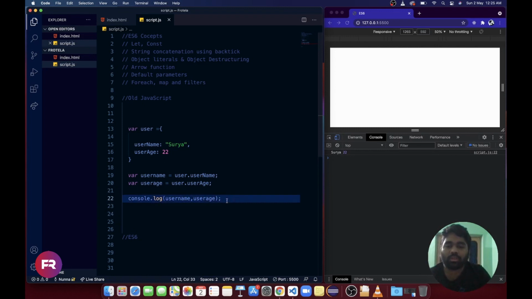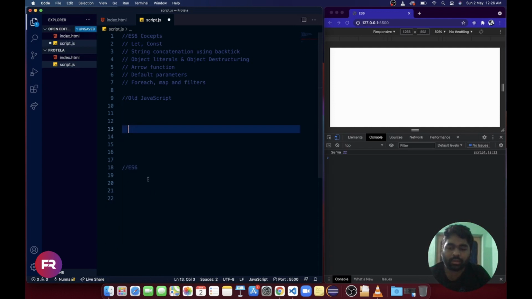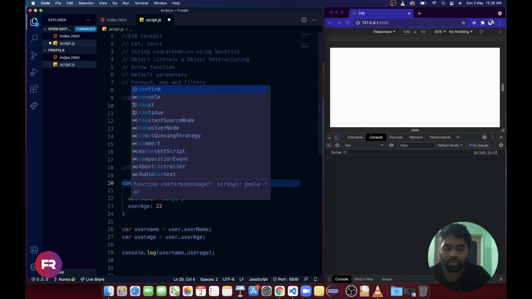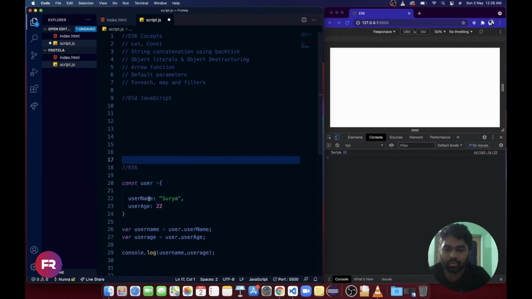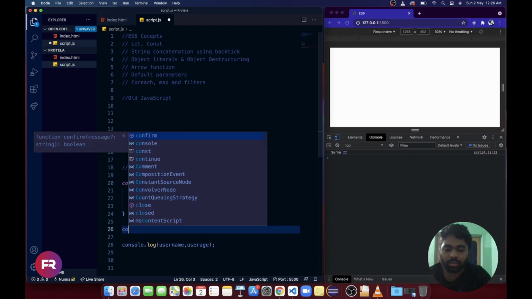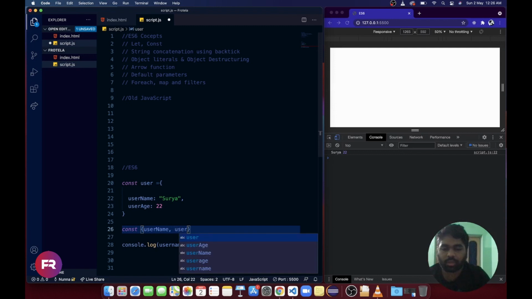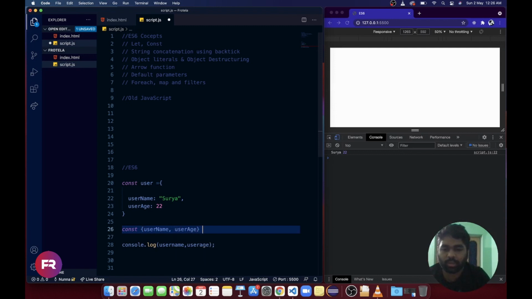So in ES6, how can we do that? Let's cut and paste here. Instead of var you can use const. Writing it like this will be lengthy, right? So now what we will do here: const, we will give username comma user age, equal to this object.